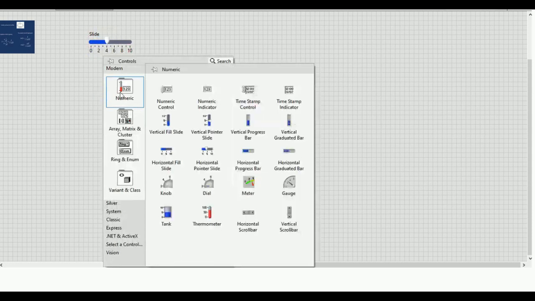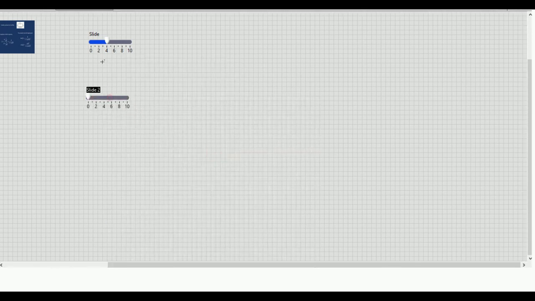And I need one more for the capacitor, so let's choose this one. You can name it here as resistor, and give a name to the capacitor.